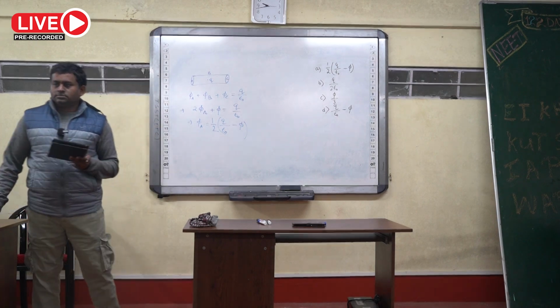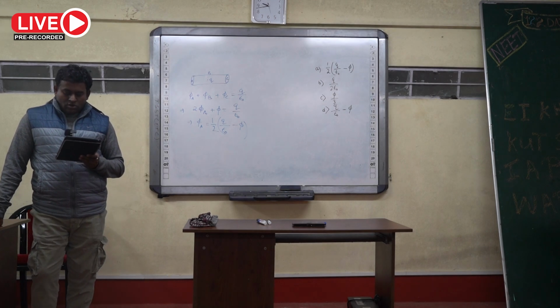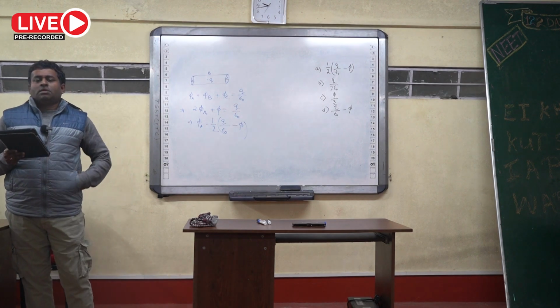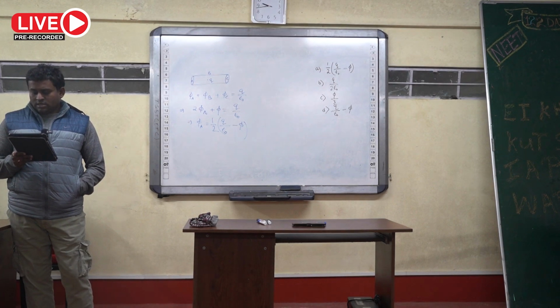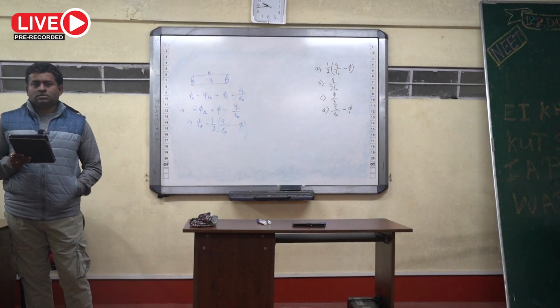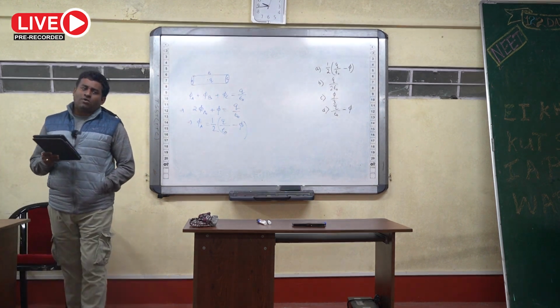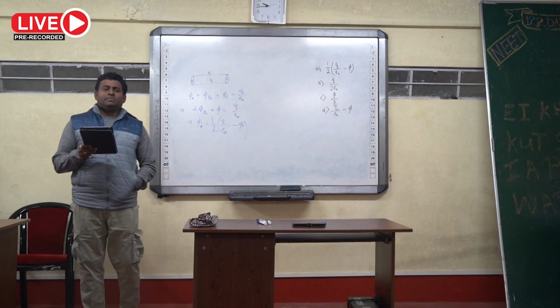Question number 7. When n identical mercury droplets charged to the same potential V combine to form a single drop, the potential of the new drop will be